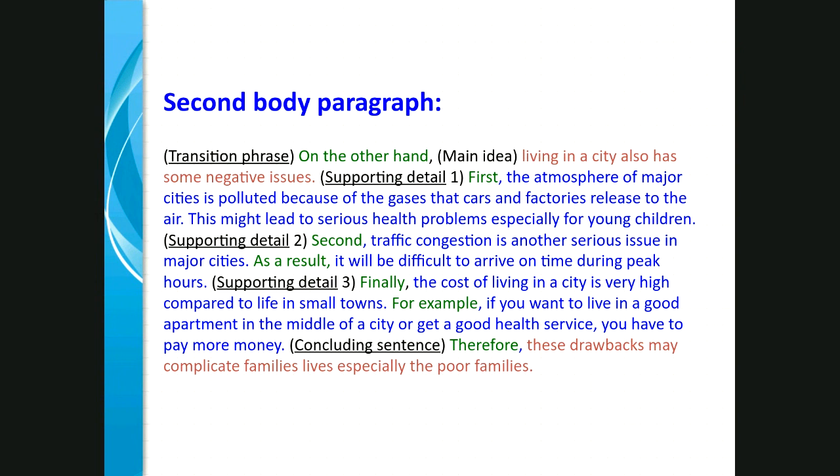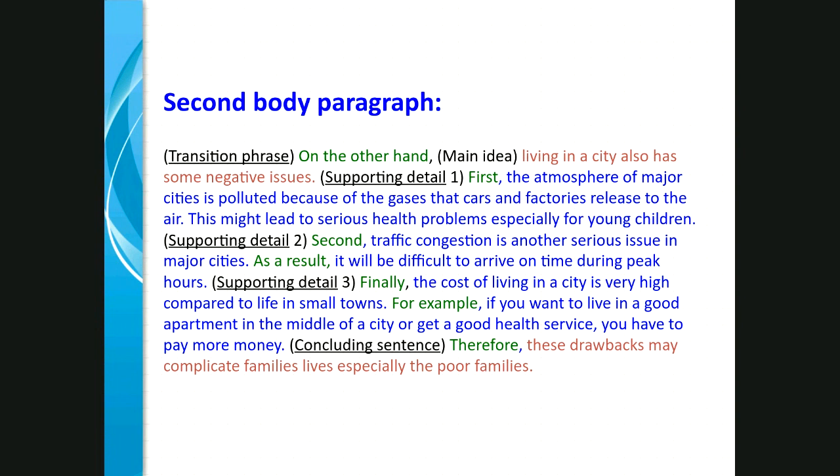Here is a transition phrase. جملة أو عبارة انتقالية. أوكي، تربط بين فقرات النص أو paragraphs. How to link a paragraph to another. On the other hand, living in a city also has some negative issues. بما أنه هناك بعض الأمور الإيجابية فيه أيضا أمور سلبية. هذه الجملة نسميها main idea، لكن في الباراجراف سميناها topic sentence. هنا نسميها main idea. Okay. The first supporting detail